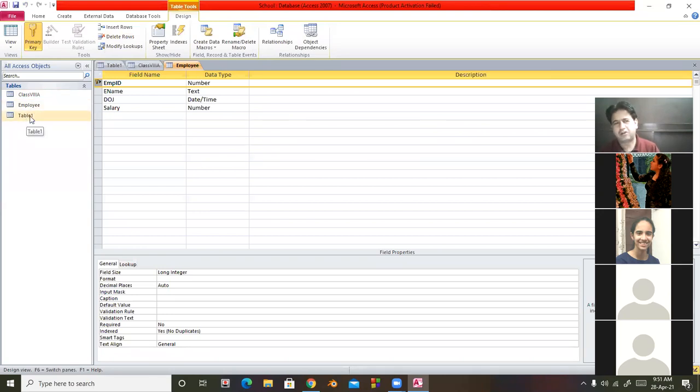Table 1 is automatically inserted when I created a blank database. Then I created class 8th. Then I created the employee table. So this is the method to create a table in the case of design view.